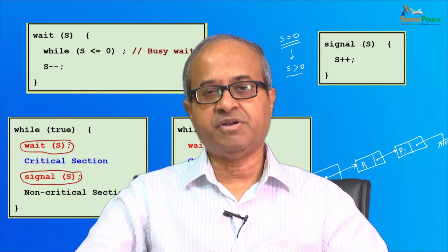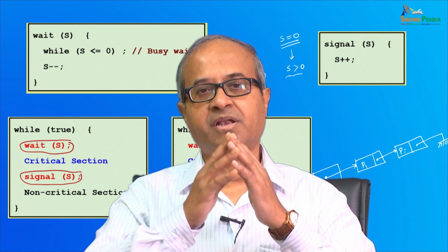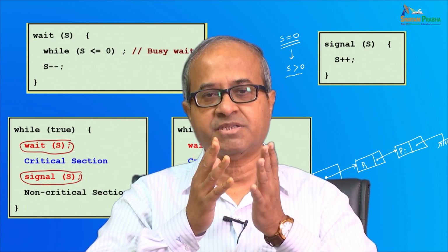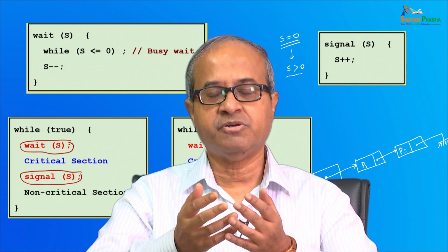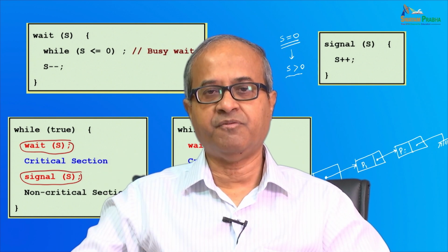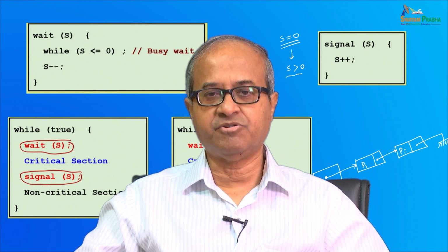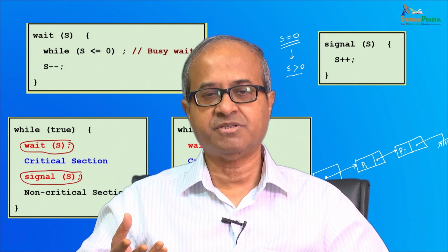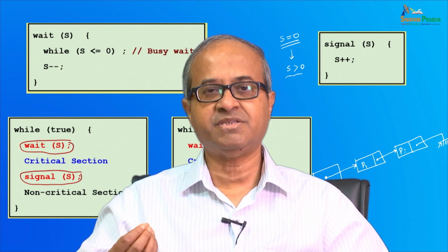So, we continue with our discussion on inter-process communication. If you recall, in our last lecture, we discussed some of the possible solutions that we can use to solve the critical section problem among a number of cooperating processes. We discussed a solution based on disabling interrupts, some software solutions, and also some solutions based on hardware instructions and